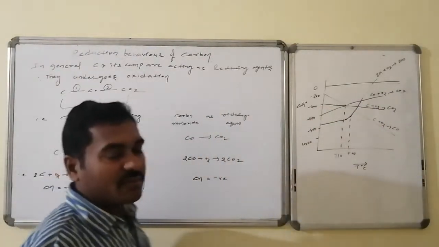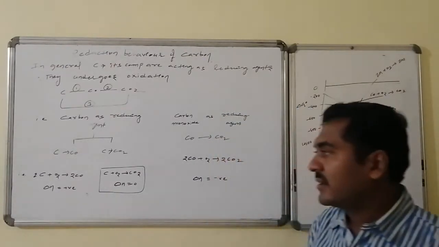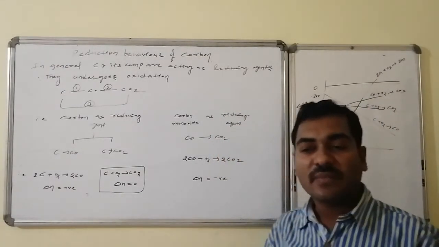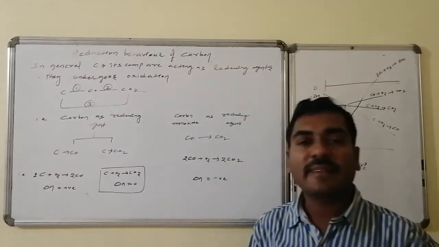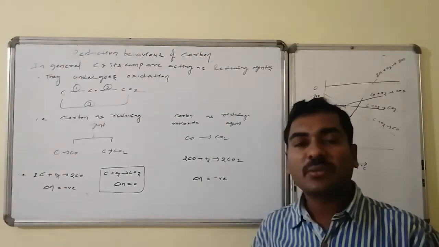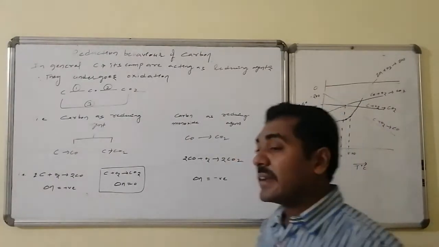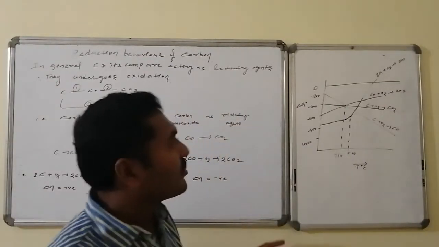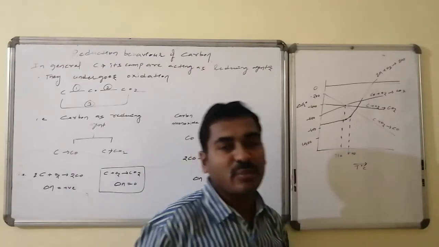Whereas in the first case, where carbon acts as reducing agent to form carbon monoxide, delta N is positive, so entropy is favoring. Moreover, partial combustion is also combustion, so enthalpy is also favoring the formation. Delta G becomes more negative with increasing temperature. Hence, the delta G values of carbon monoxide formation become more negative with increasing temperature.